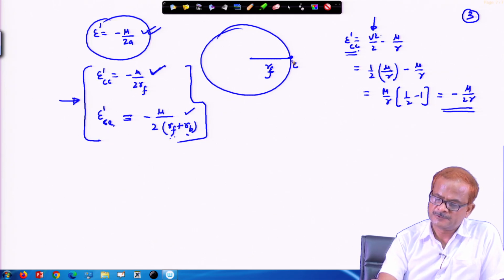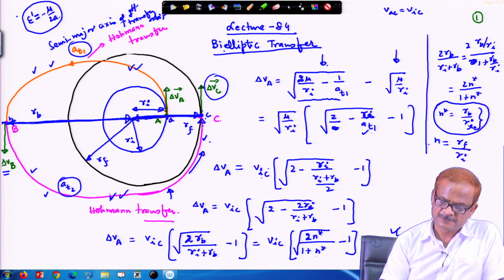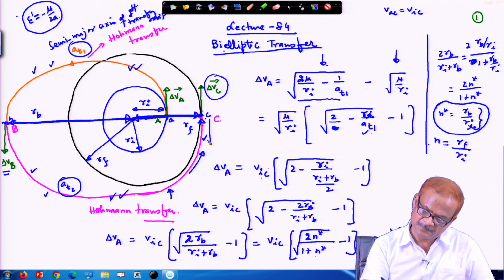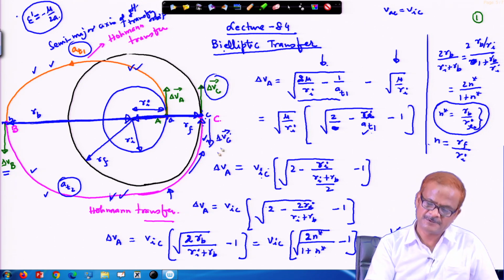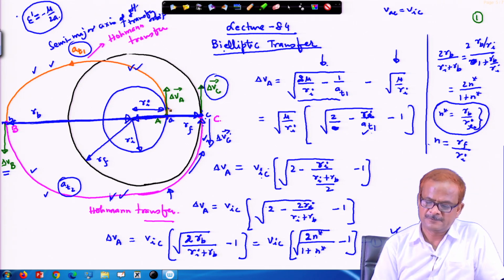So, here in the circular orbit this is the energy, and in the elliptic orbit this is the energy. That means you need to reduce the velocity at this point. The actual velocity after coming from this place to this place will be in the elliptical orbit, V E at C, V in the elliptic orbit at C, or V E F, whatever we want to write. And then one impulse needs to be applied here in this direction. I have shown it in this direction, which is customary, but this will be the opposite one. So, you have to apply impulse delta V C so that the velocity is reduced and this orbit is circularized.